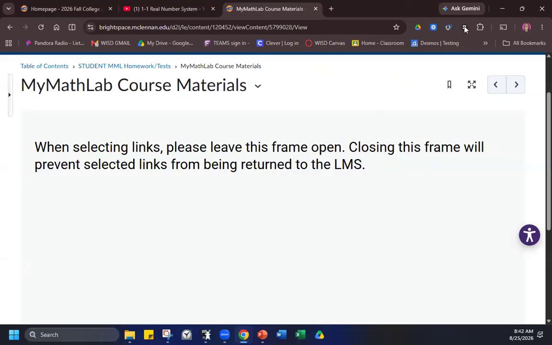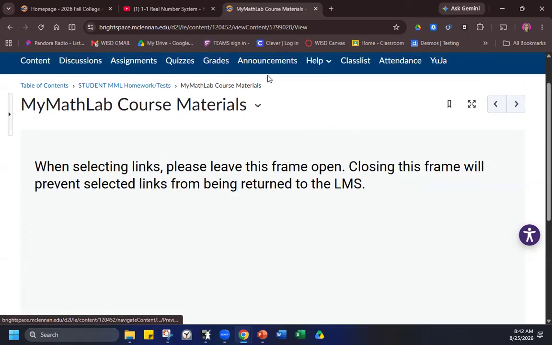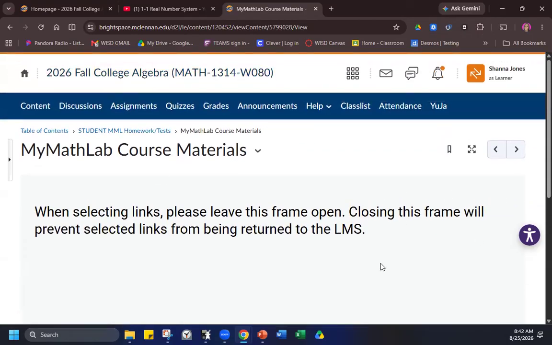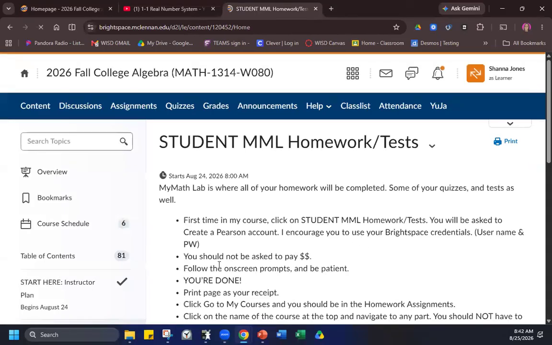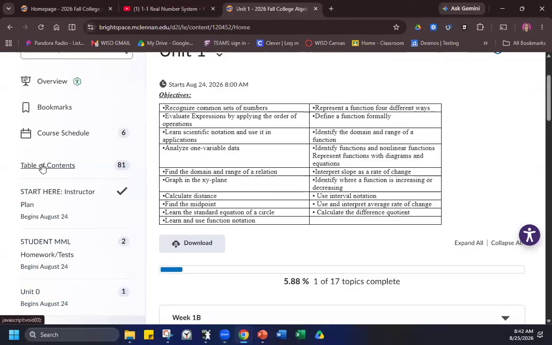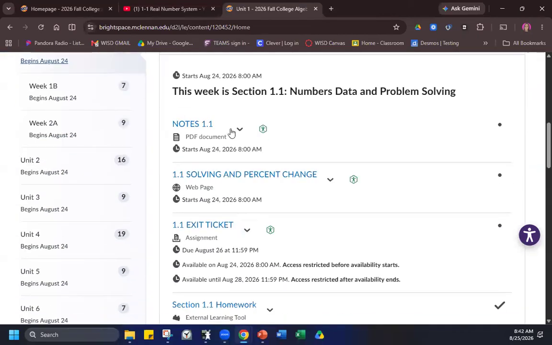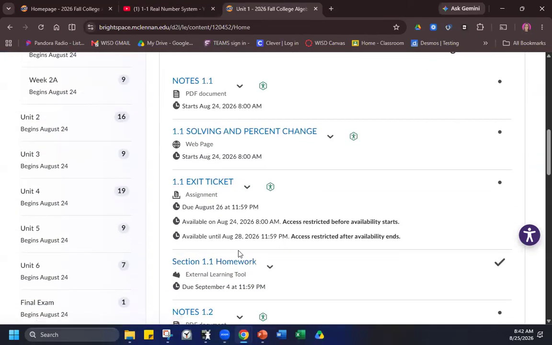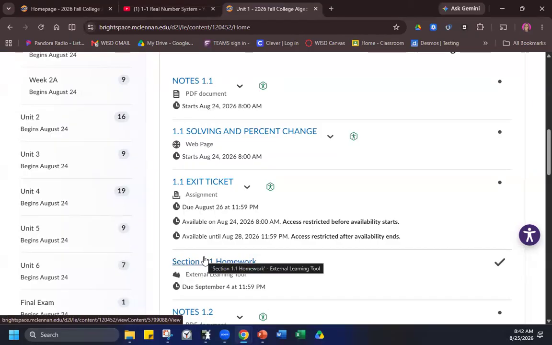Cool. All right. So once you get that started, remember how I told you there's a little Pearson button on the homepage? Once you've activated your Pearson, then you can use that to go straight to your assignment. Okay. I will also go in. I typically will add your assignments into the modules. So in your modules, I will go in and add your assignment. So I've already put your section 1.1 for you. So even if you didn't want to go into Pearson, you can click from here once you've activated your Pearson. Okay. And then these links will work for you to do your work as well.